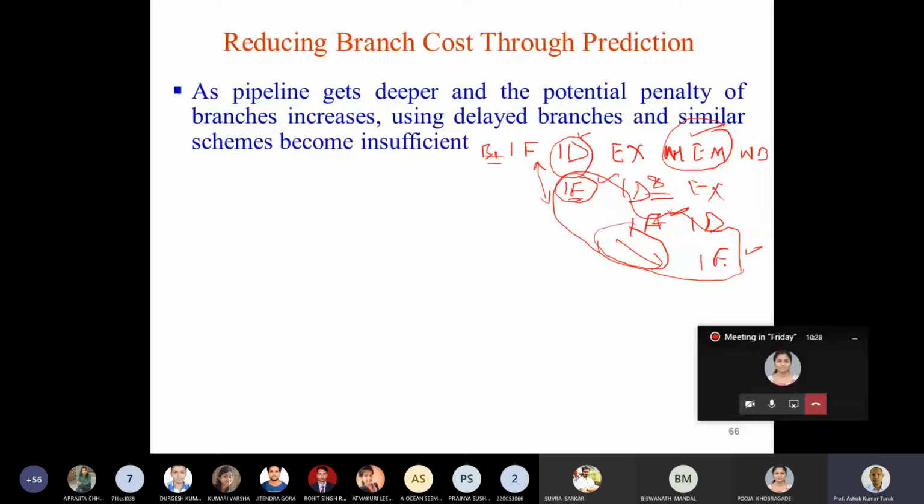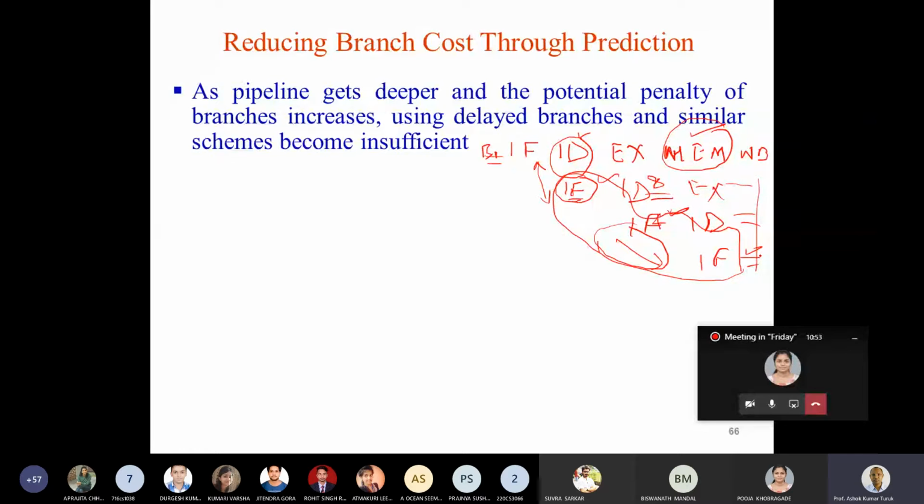So you need to pay a penalty of 3 clock cycles at present. Now, in a delayed branch technique, to reduce the branch penalty, these 3 instructions have to be useful instructions, so that they need not be converted into a no operation. So you don't pay a penalty. But finding multiple instructions and putting them into the delay slot is extremely difficult. So the delay slot is usually a single delay slot.